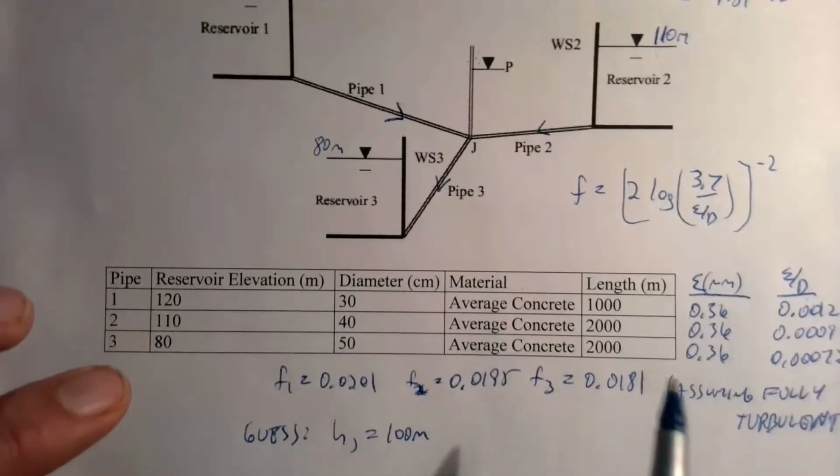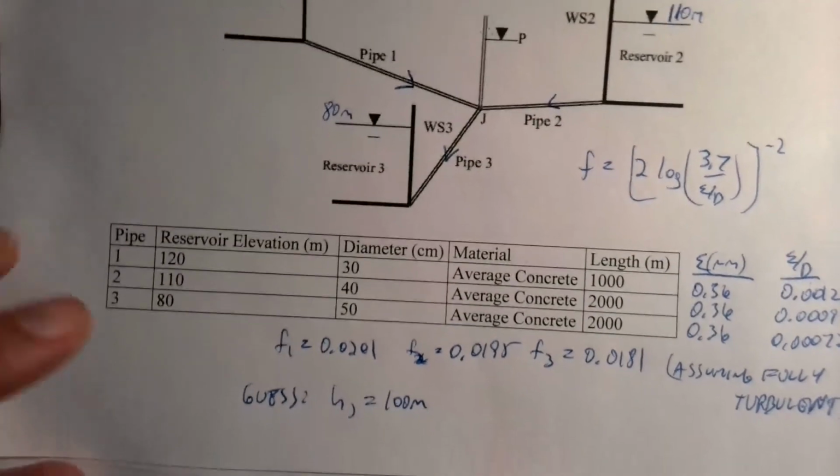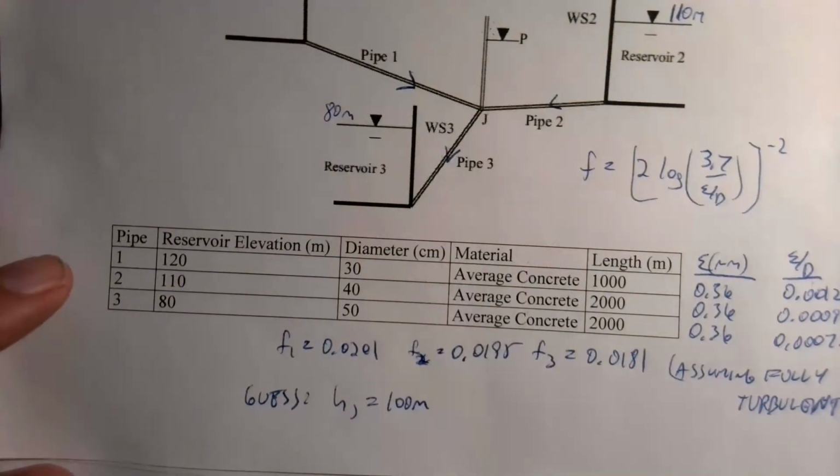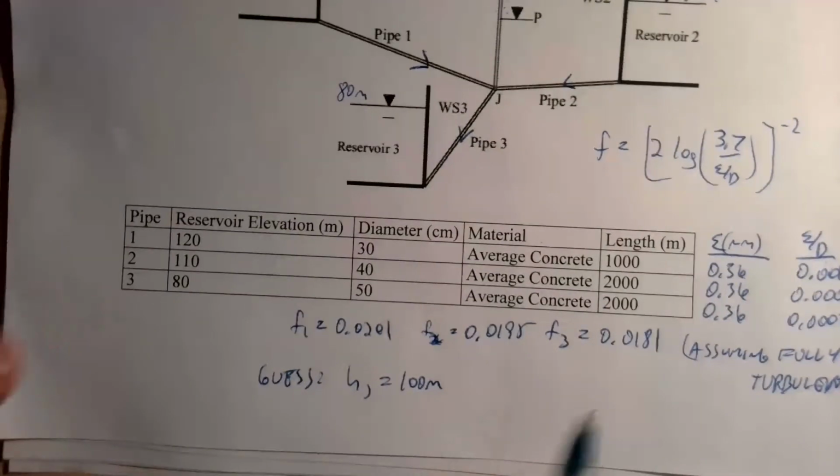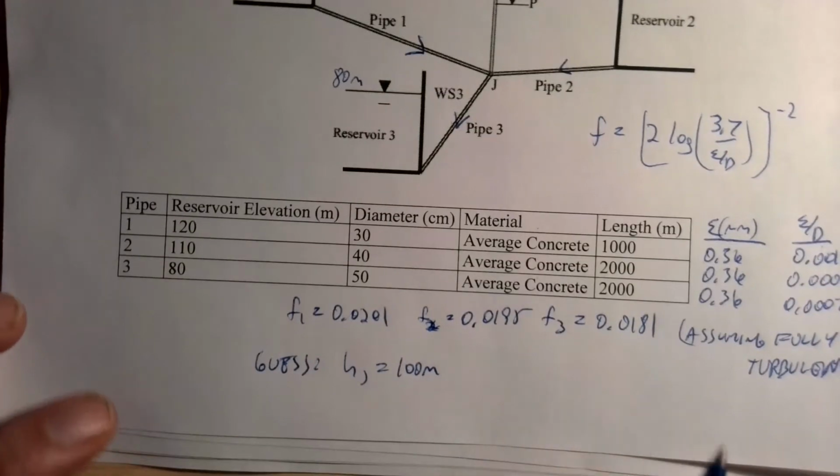But if you want to know the smartest guess, assuming that it is the same as the second one is usually the fastest way to get to the right answer. Okay, so we've got our HJ. Now I'm going to go to the next page. So delta H1 is going to have to be equal to